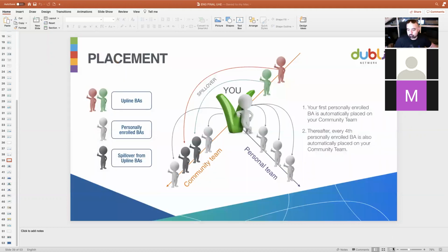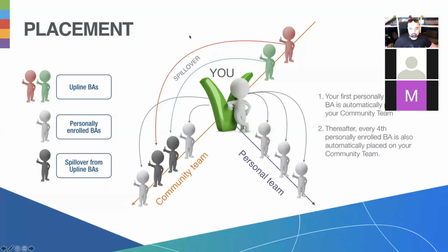Yep. So look at this. Now that's you, the big guy here, right? You follow, Muhammad? No, I'm with you. Okay, that's you here. And this here, the green guy is Hussein. And this here, the red guy is Sajid, the upline of Hussein. Now you have right and left team, and Hussein has left and right team, and Sajid has left and right team, yes? Everyone can make,